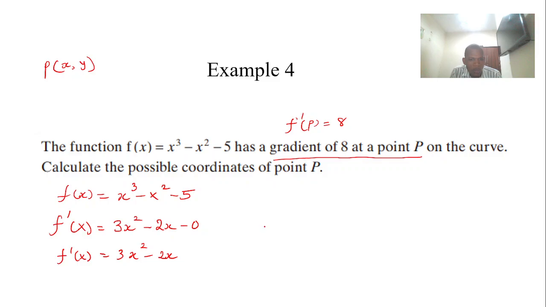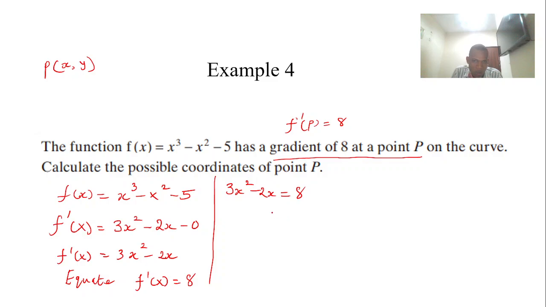What I'll do is equate f prime of x, which is your gradient, to 8, because we are told it is 8. So I have 3x squared minus 2x is equal to 8. All right, now this gives us a quadratic equation. So I have 3x squared minus 2x, then minus 8 is equal to